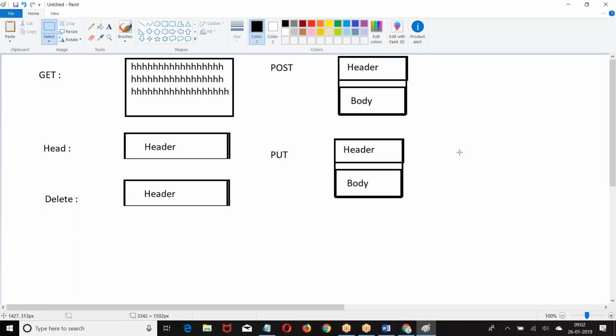If you are sending any HTTP request with method type GET, there is no body. HEAD, there is no body. DELETE, there is no body. When there is no body, if you want to send any data, you are supposed to send it in the URL. If you go for a POST or a PUT, there will be a header and a body. Any data you want to send, put it in the body and send it. I hope you are good with this. Clear for everyone? Okay.